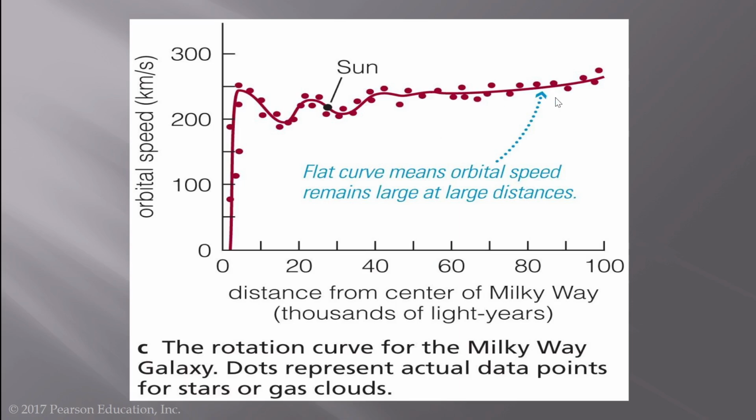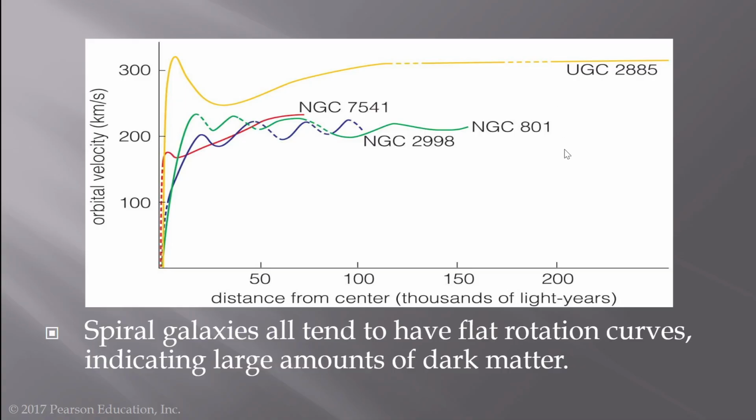Could this just be X-rays? Well, we've measured this not only in our Milky Way, which is a little bit harder to measure the X-rays for the full sky. We've measured it for a number of other spiral galaxies. And these spiral galaxies have different X-ray patterns. It doesn't seem like there's any overlap there.